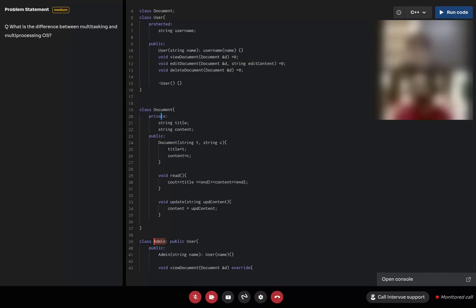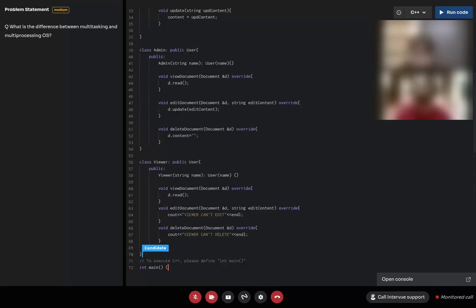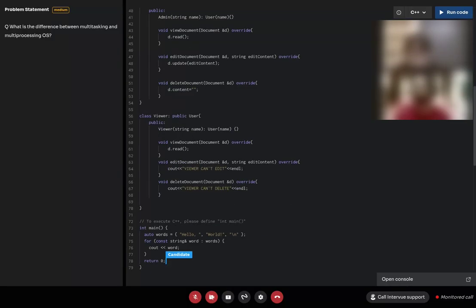Okay, perfect. So now maybe we can complete the OOPS question here. As the main part is given, maybe in the main class you can define an object of, let's say, admin, and then try to access the given methods. I haven't made an editor class. Should I make that? No, we are good here. We can use the viewer and admin classes. Okay, fine, I'll do that.